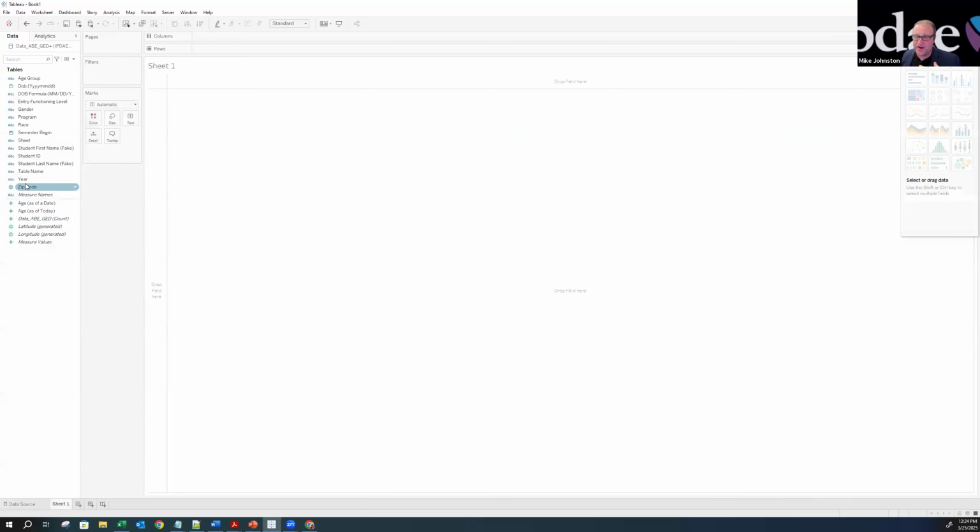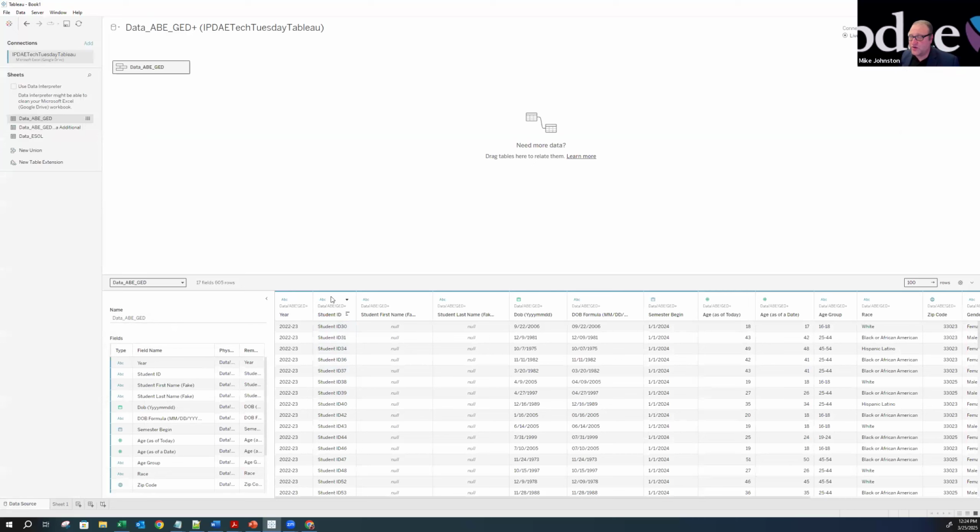The one little bit of code that we're going to write is that we need to tell Tableau how to calculate this data, what to do if we want to calculate students. And what we're going to tell Tableau to do is, if there's a student ID, we're going to count that student ID like a number. So for every student ID that exists, count this as student 1, count as student 2, count this as student 3, and so forth.